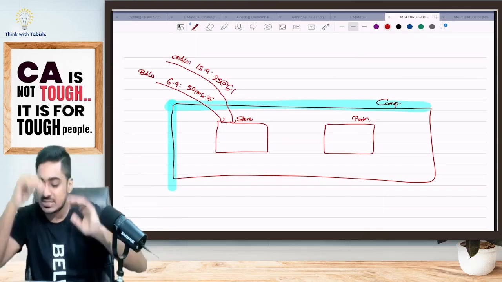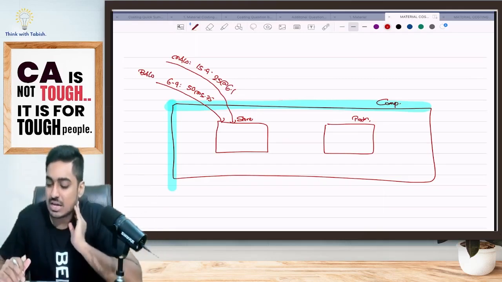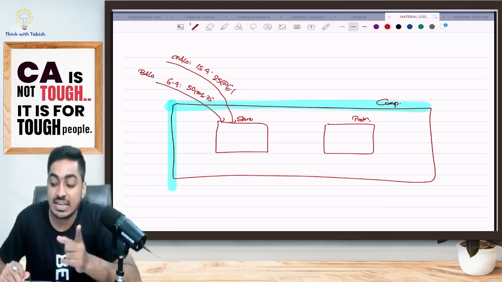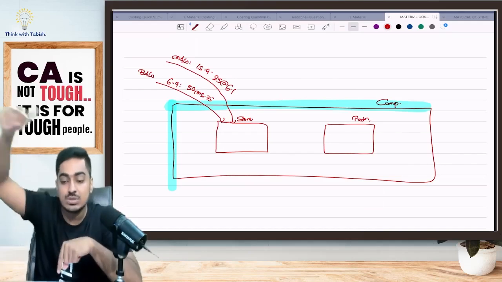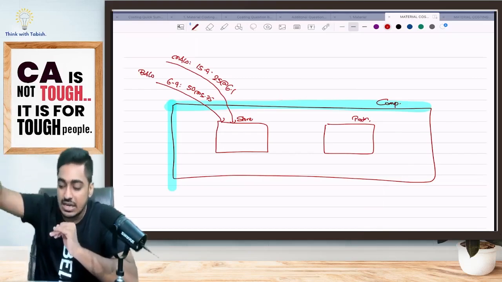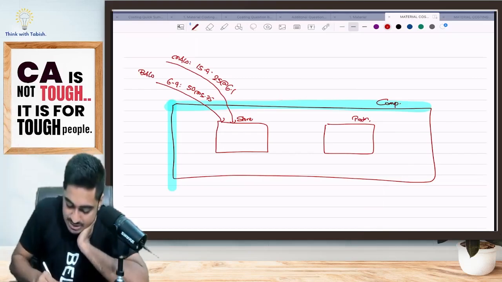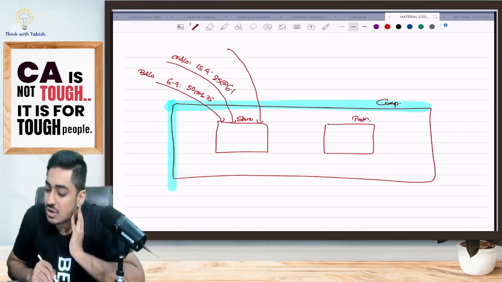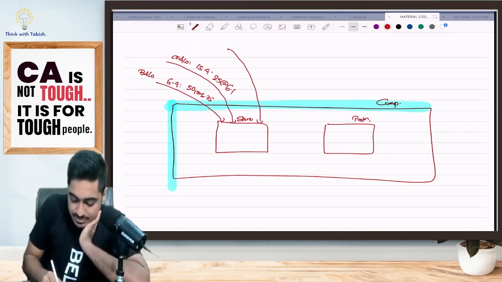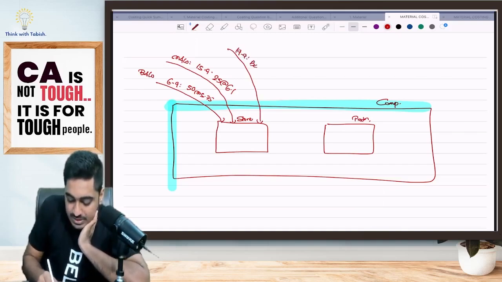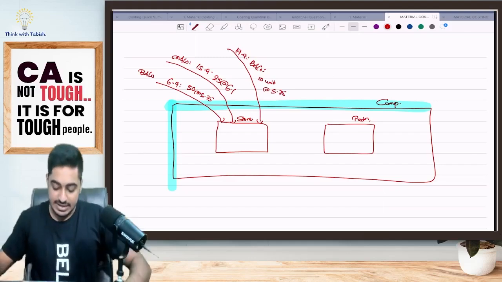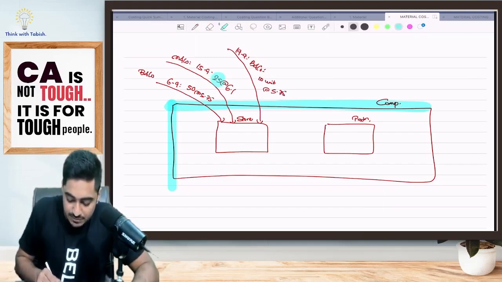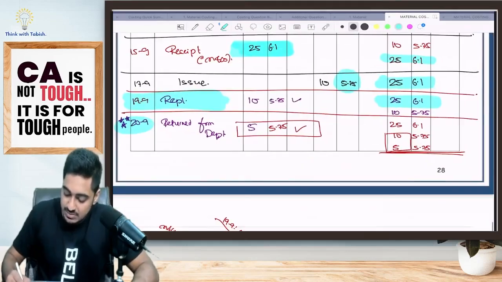Within the company, whatever happens doesn't make a difference to me. At the company's gate, I am getting replacement goods. That means I had initially purchased, I did not like, I sent it back to the supplier. That means it went outside the company. Again, he is sending me fresh goods, coming into the company's premises. It is on 19th of September, again B and company, 10 units at the rate of 5.75. Now, understand, students. This 25 units at the rate of 6.1 is already there with me in my balance.